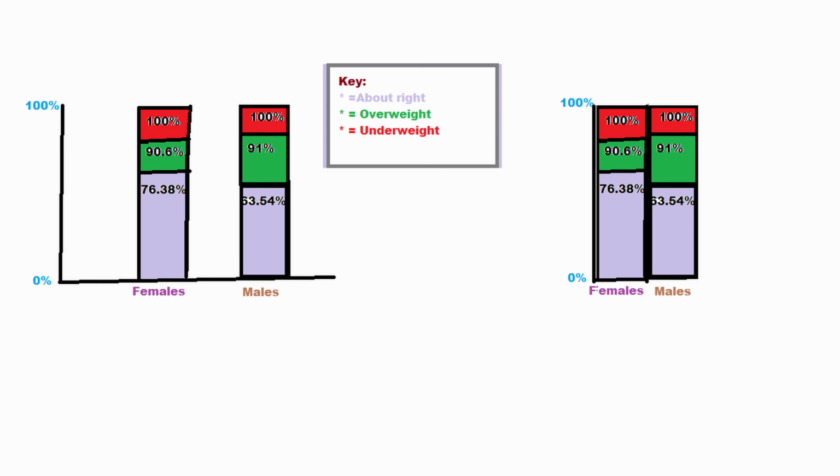Now, what is a mosaic graph? A mosaic graph is a modified segmented bar graph, which is a way to show data from two or more categories. On the left is a segmented bar graph, and on the right is a mosaic graph. The mosaic graph has the bars right next to each other, and the segmented bar graph has the bars apart. Both are displaying the bar size being proportional to the data.